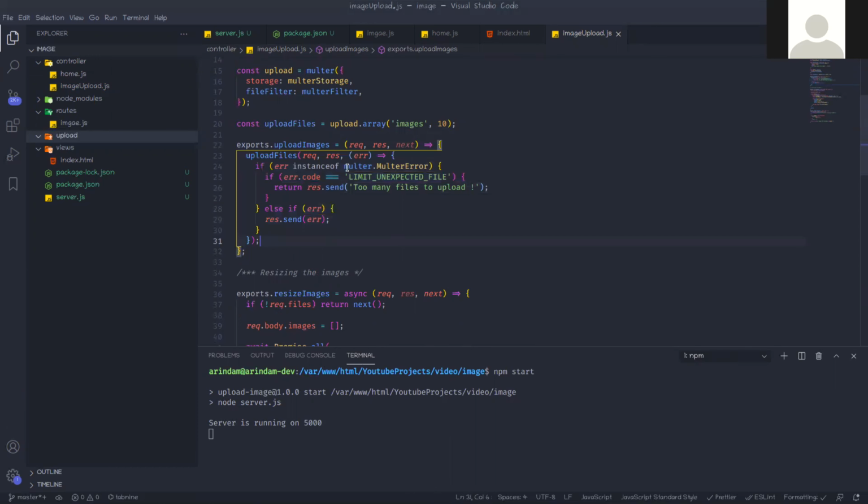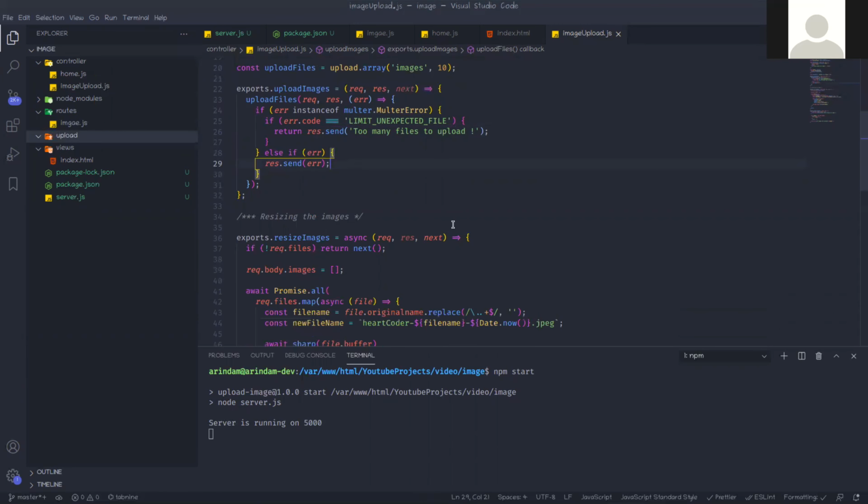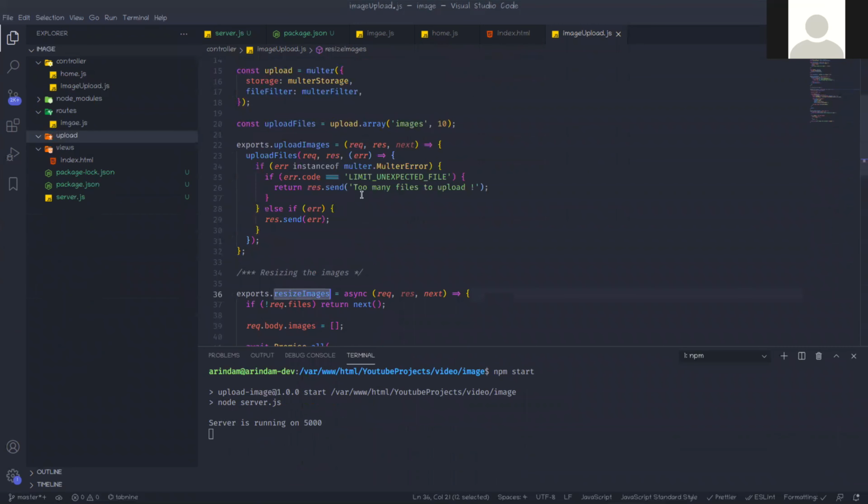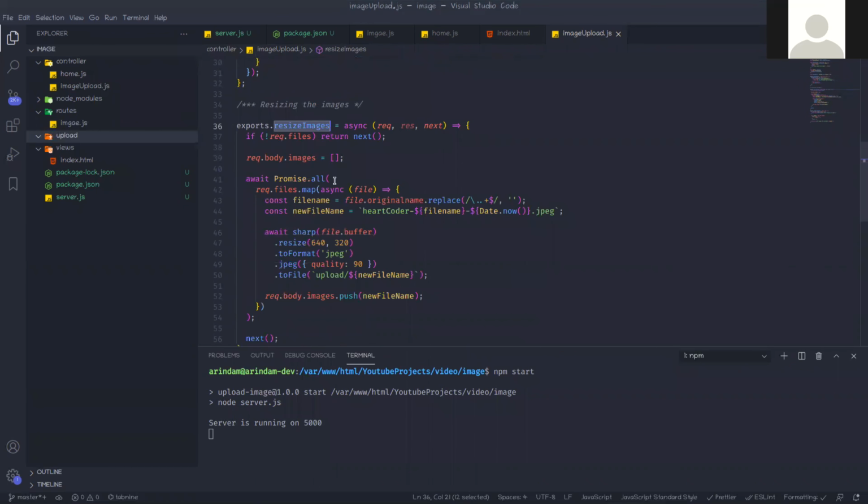So if error instance of, it will come from Multer error, and that error code should be limit unexpected file, which means too many files to upload. The user is trying to upload too many files, more than 10. If not, then for any other type of error just send the error message. Then we resize those images. If all goes right in upload images, then it comes to resize images.